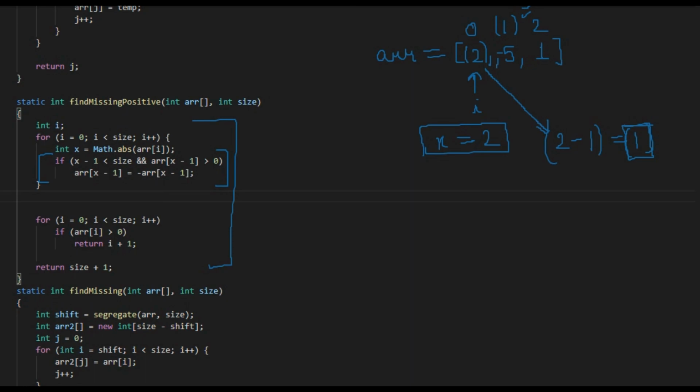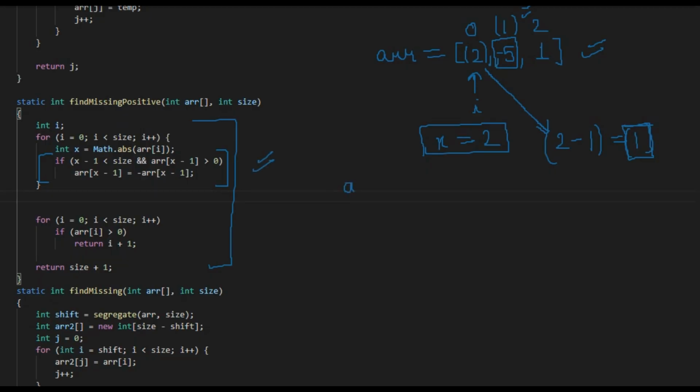That means if this element has already been negated before, as we can have duplicate values in this array, we don't have to make it negative again. It will stay like that only. So these two conditions are taken care of by this if statement.